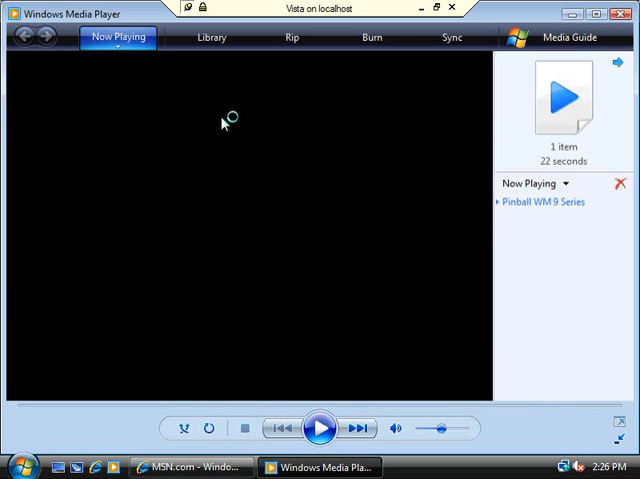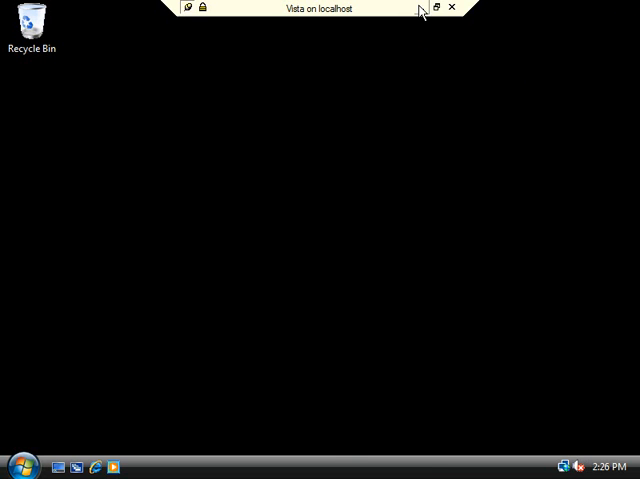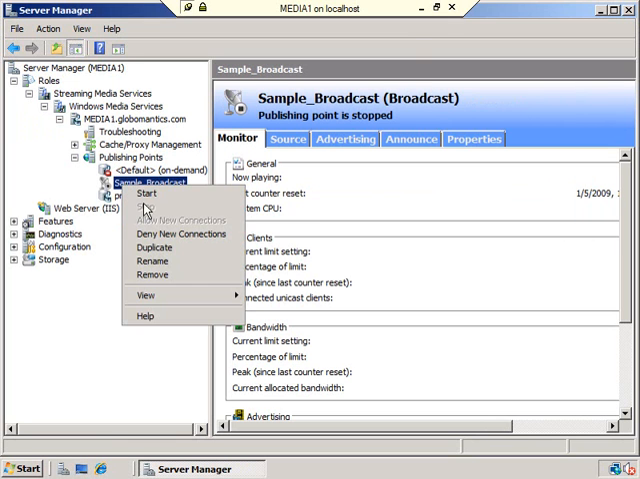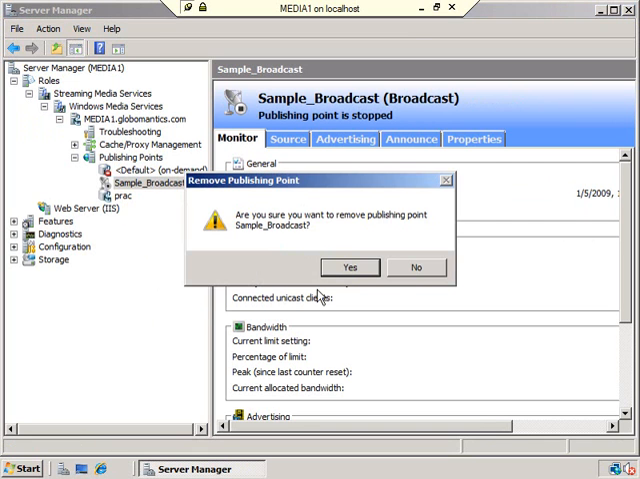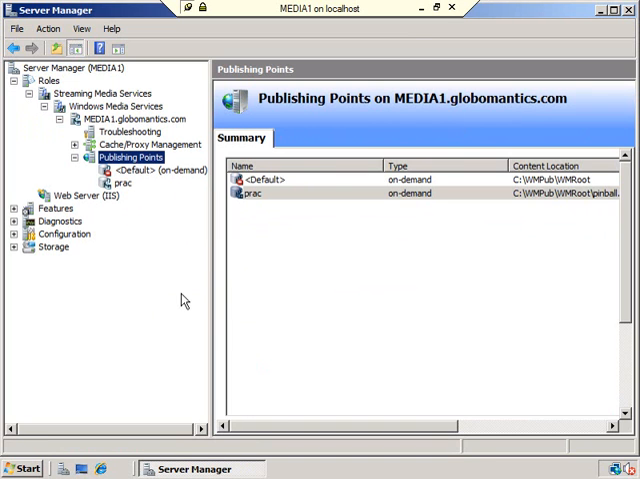So it's good news. We can now go back to Hank and say, hey, you know what? Your mini TV station is ready. We can always go back to our Media 1 server, and we could create as many publishing points as you want. Eventually, you're going to probably want to delete and remove some of these other points that are just kind of hanging out,